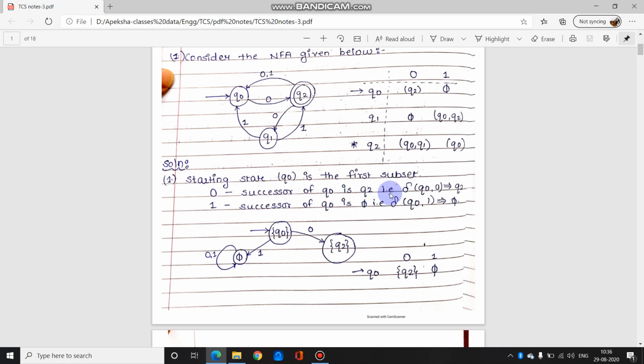So हमें ये जो चीज़ है वो diagrammatically भी represent करनी है. So this is your Q0 state. Brackets are optional. Q0 state पे if it is 0, then it is moving on to Q2 state. So Q0 पे 0 is going on to Q2 state. Whereas if it is 1, it is going to the phi state. तो phi स्टेट में जाने के बाद 0 आए या 1 आए, there is no difference because it will always remain in this failure state. तो इस डायग्राम का टेबल बनता है Q0 पे 0 is Q2 and Q0 पे 1 is phi. That is what we got over here.